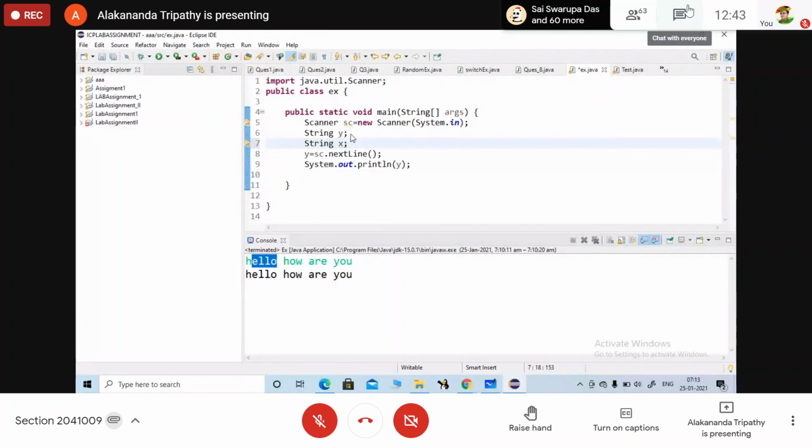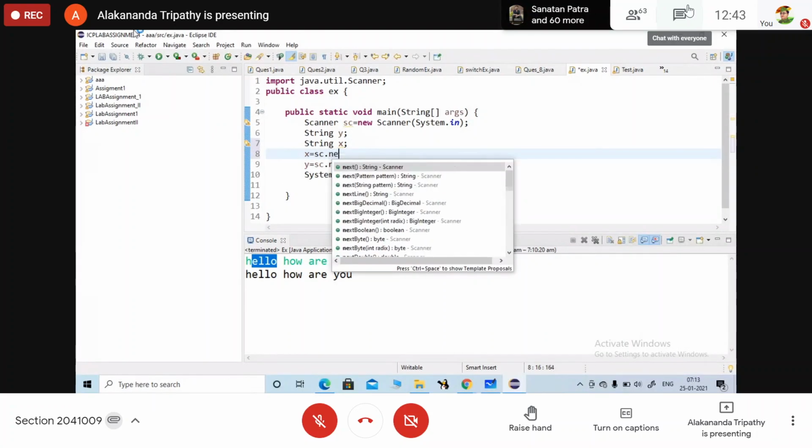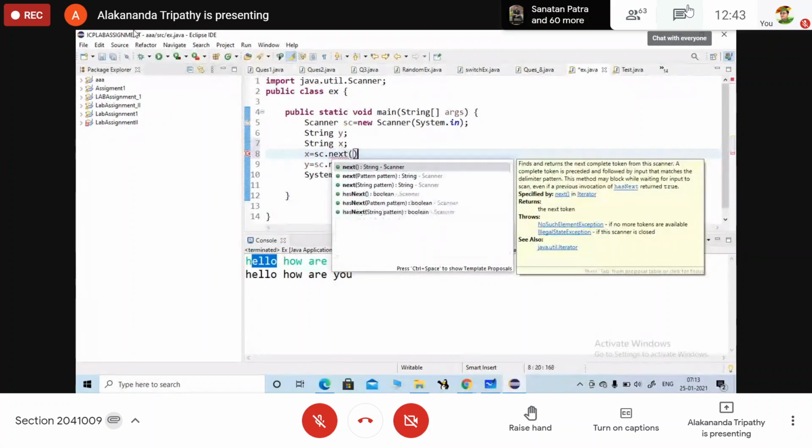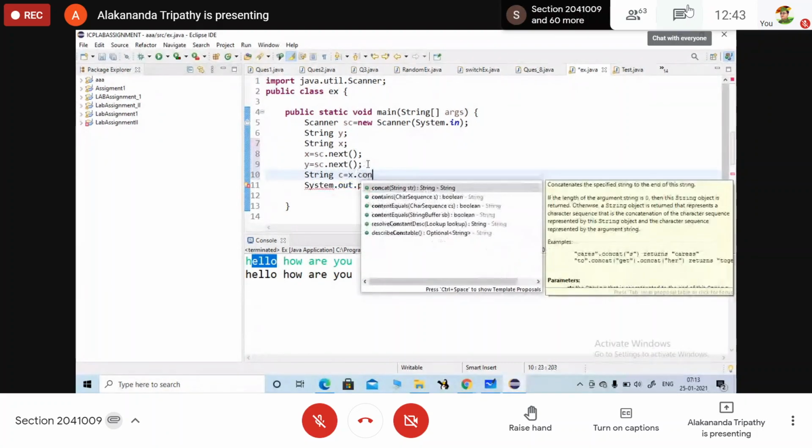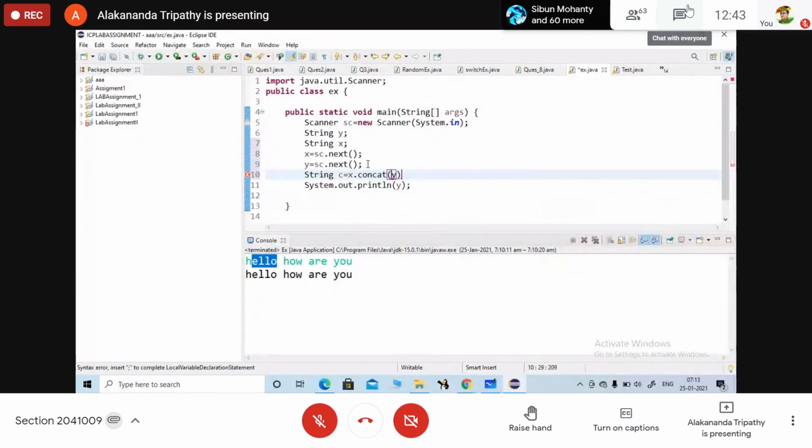String x, so x equals sc dot next. Y equals sc dot next. If I write here string c equals x dot concat y, what will be the output?